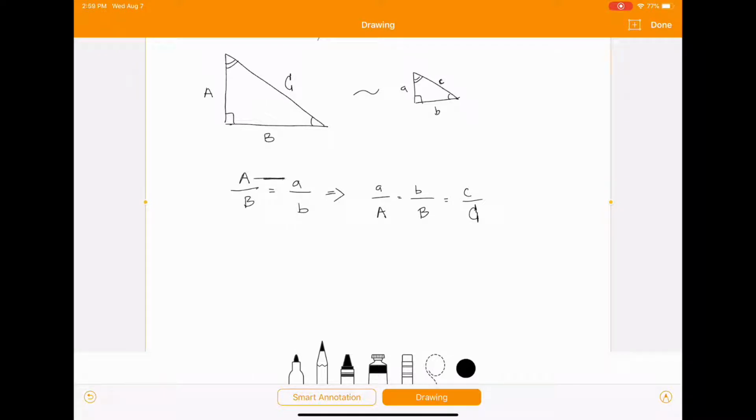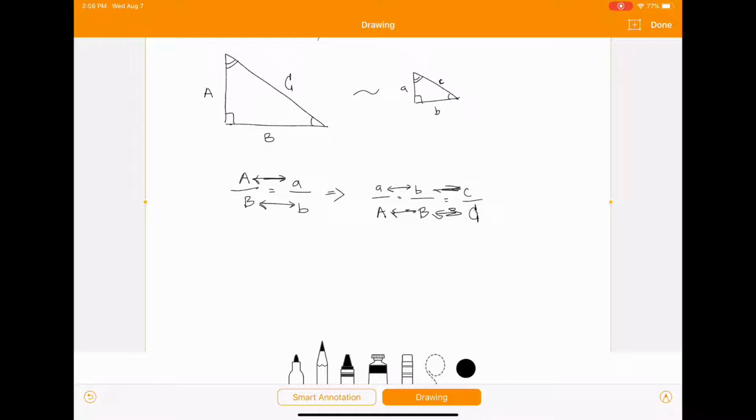So see how this is the same letter just for different triangles? Again, same letter, different triangles. Or you can have both your lowercase on top, both your capital on bottom, lowercase on top, capital on bottom. It doesn't matter how you set it up, just as long as you're consistent in which side of the fraction